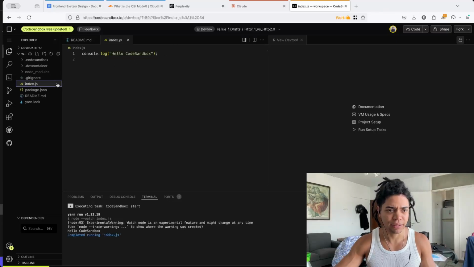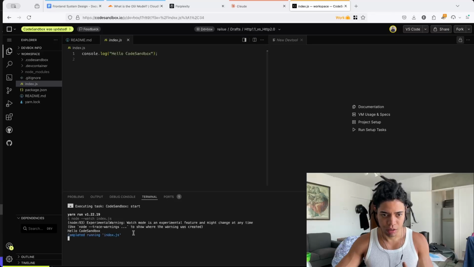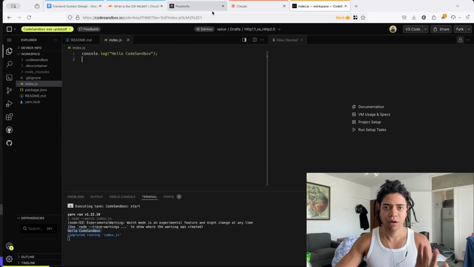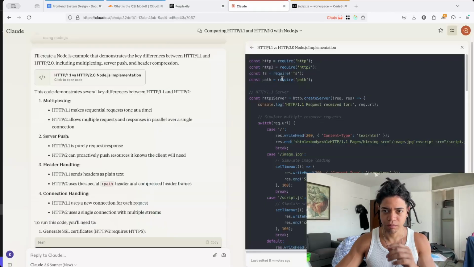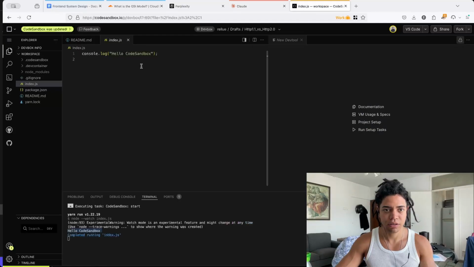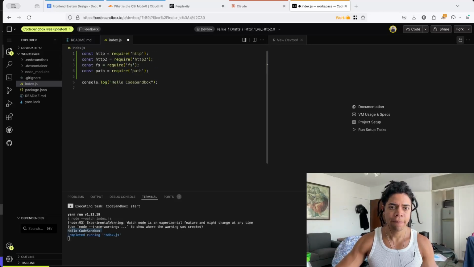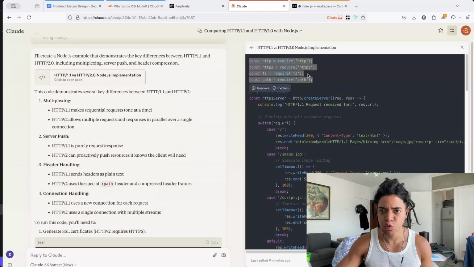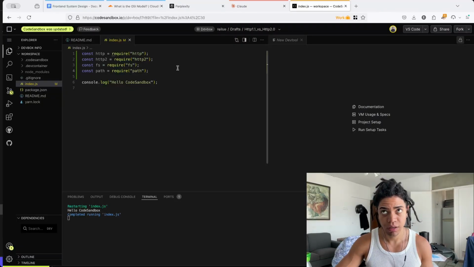This is our index. We're going to see this actually running. It's actually called Hello Sandbox, which is great. All right, now it is time for us to actually use that. So you can see here we now have access. Unfortunately, because this is now ES6, sorry, it's CommonJS